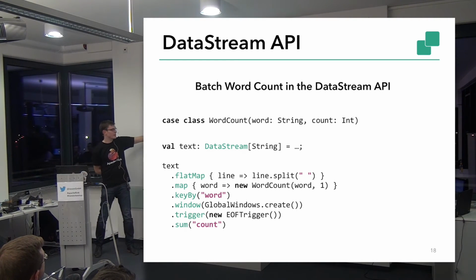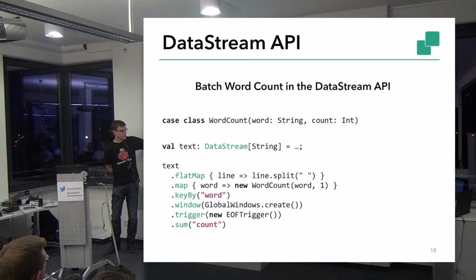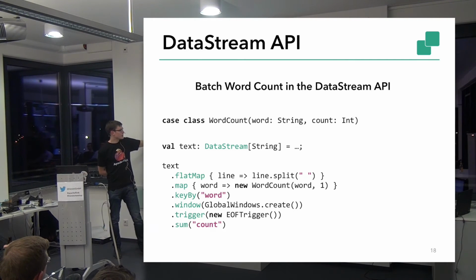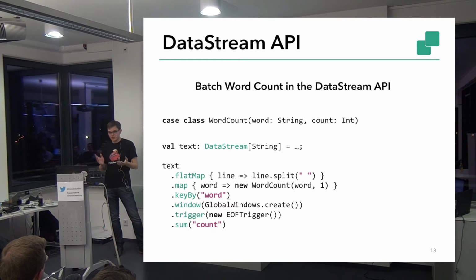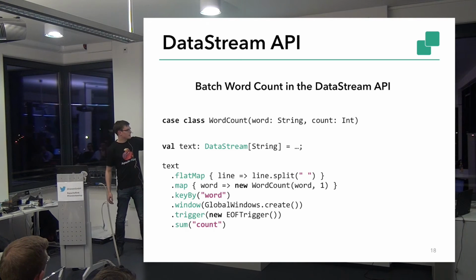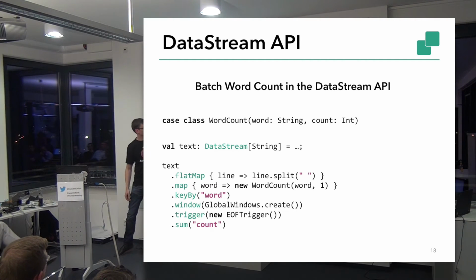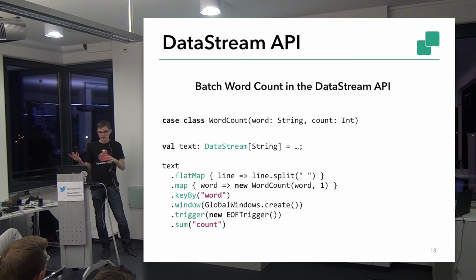And you can also see our API is very nice when it comes to grouping and joining and so on. In other systems they have these key value pairs, in Hadoop for example, I think also in Spark, in the RDD API. And here you can just randomly select fields from your object for the grouping or joining key, which makes it very easy to join on different fields.